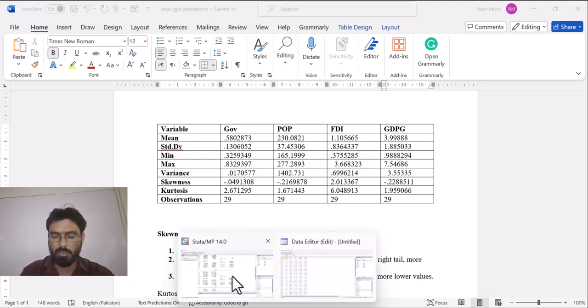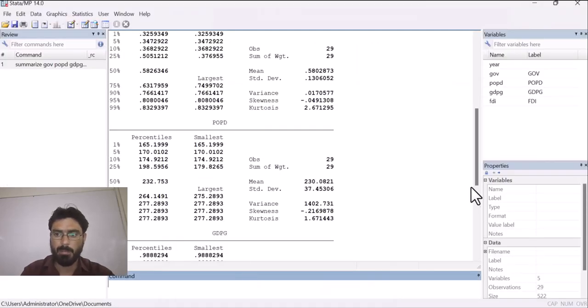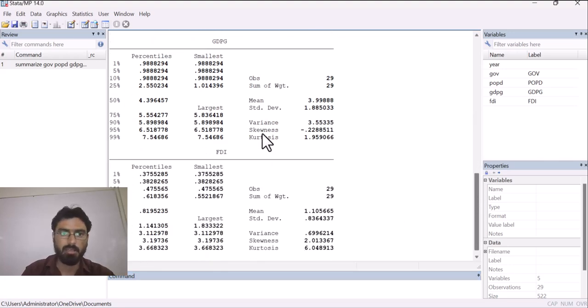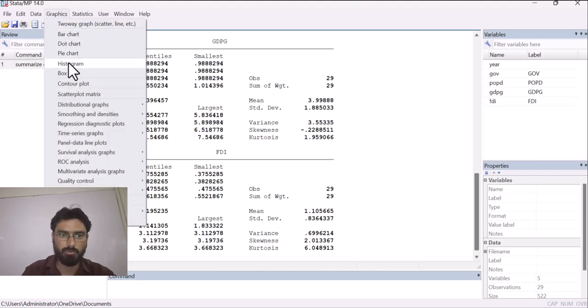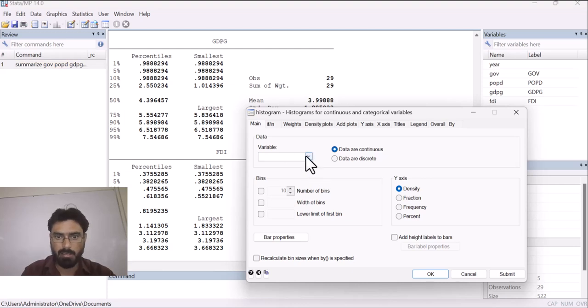And one thing more: if you want to see kurtosis or skewness in graphical form, you can do so by going to Graphics, then Histogram, and in the variable tab select any variable for which you want to see the kurtosis or skewness.